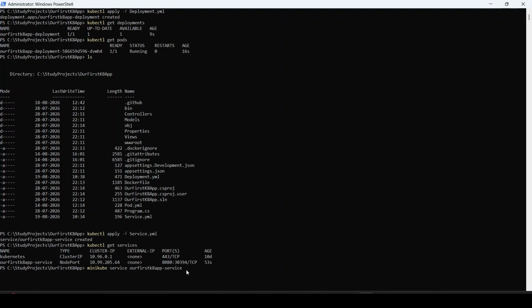So in simple words, this command will allow our local browser to access this service, and now we know that this service is connected to the deployment, and then that deployment is connected to the pod. So that means now through this service from our local browser we should be able to access our application. So again, this command is now allowing an access to the Kubernetes service which we just created from our local browser. So I will say enter,